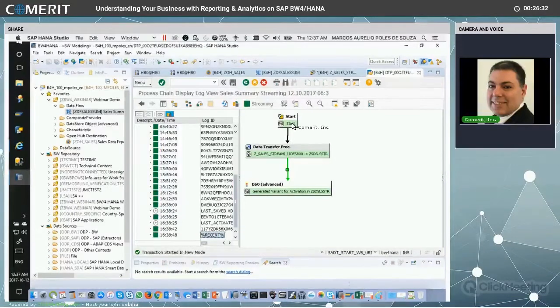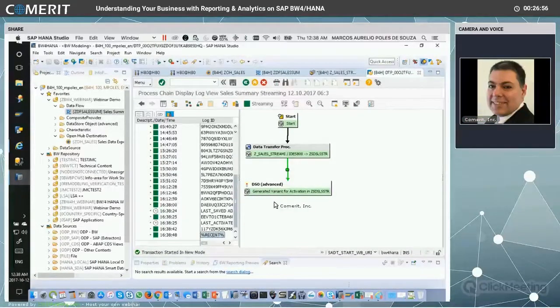If I have a normal schedule, what's happening is that the target here will be piling up the requests of each load that's being processed from the source system. So every minute I go there in the source system, bring data and try to store it here